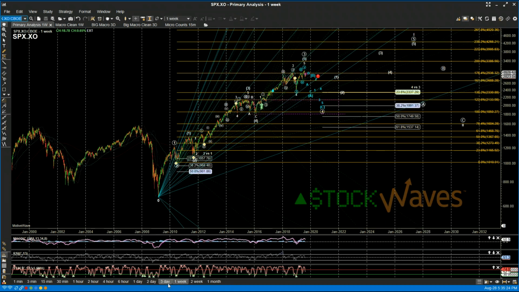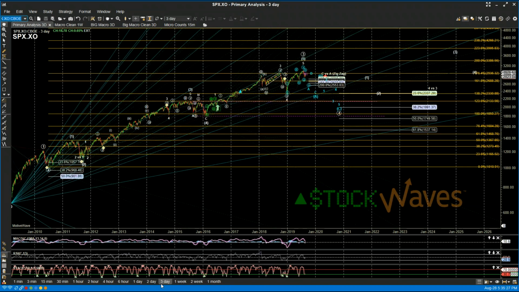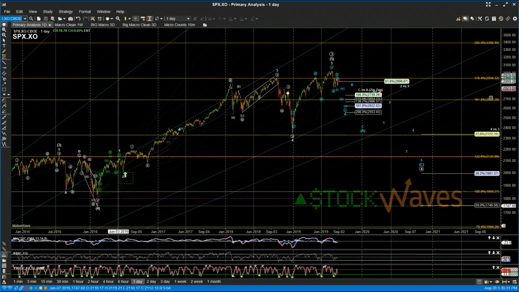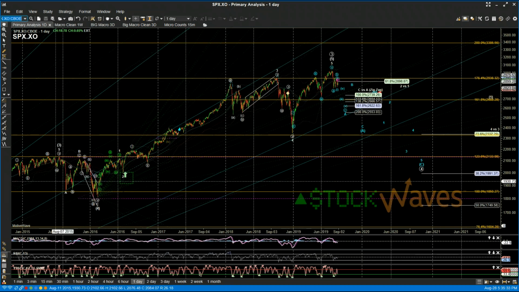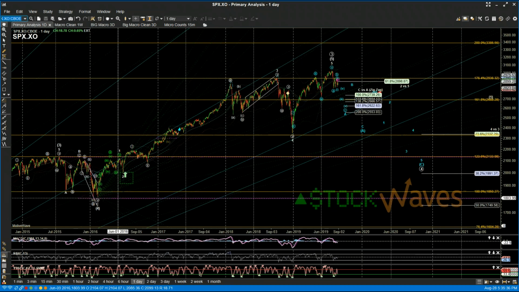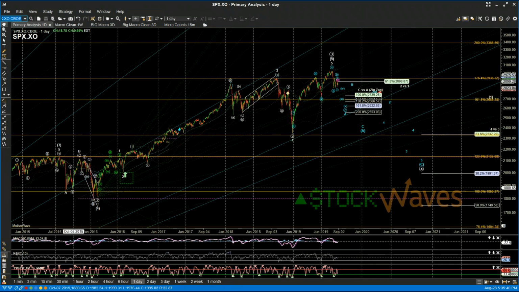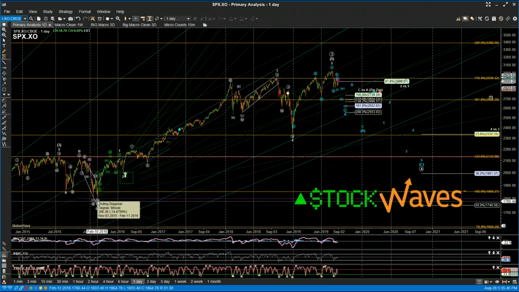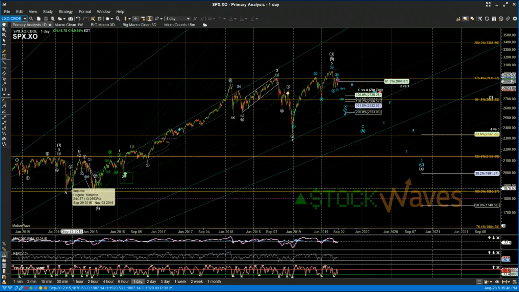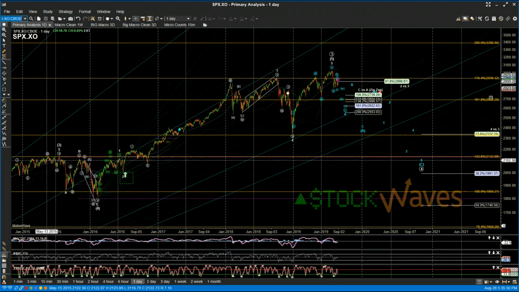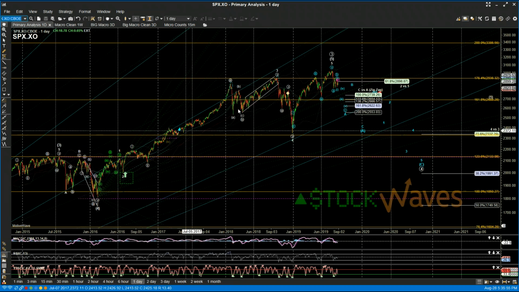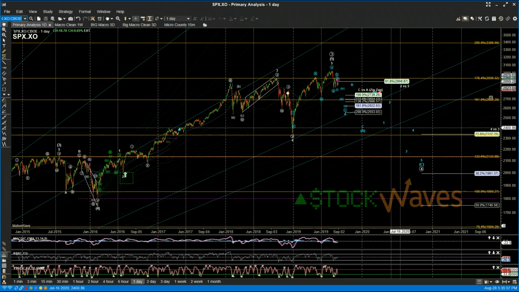But when you zoom in to the smaller degree, the fractal of the fifth wave of that third went through the entire sentiment cycle of 5 waves up, and now we're looking for 3 waves down. So even taken in isolation, if you had to, and there are plenty of charts that Garrett and I look at in Stock Waves that only started back here in 2015 or in 2016. So the only history that they have is this 5 wave move up, and they're looking for a 3 wave